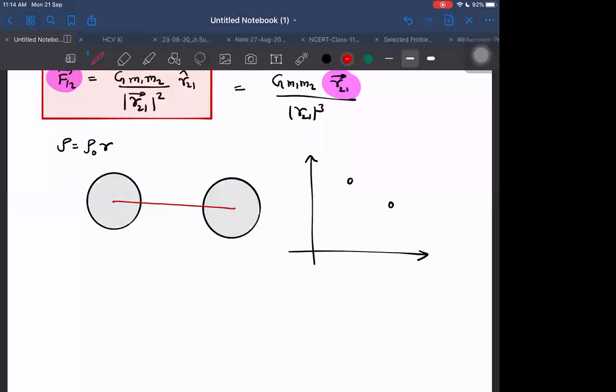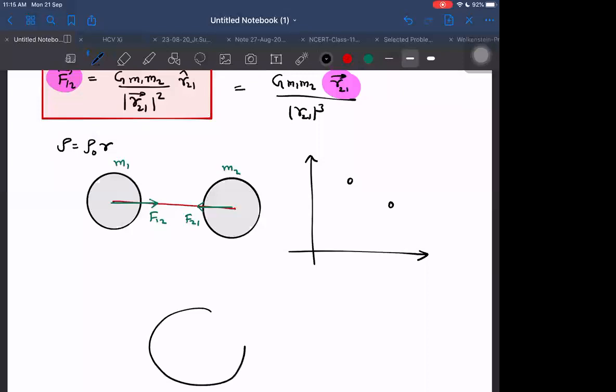Shape should always be spherical only, sir. The force acts along the line joining the centers from one mass to the other mass. Like this, the force will be acting on one mass and similarly on the other mass, equal in magnitude. It does not depend on the masses. One mass may be much larger. For example, if there is a ball and earth, what force does earth apply on the ball and what does the ball apply on earth? Somebody may think the ball applies less and earth applies more. No, equal and opposite. The ball applies on earth small m into g. Then earth also applies the same force on the ball, small m into g only, not capital M into g.